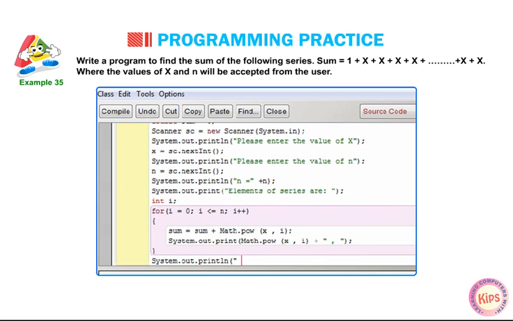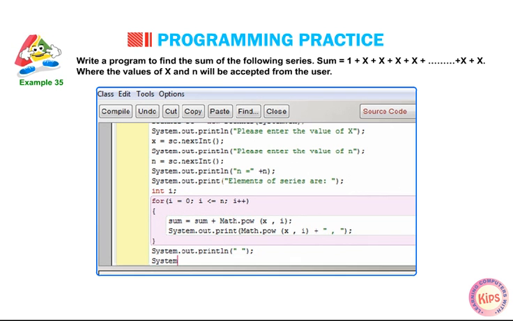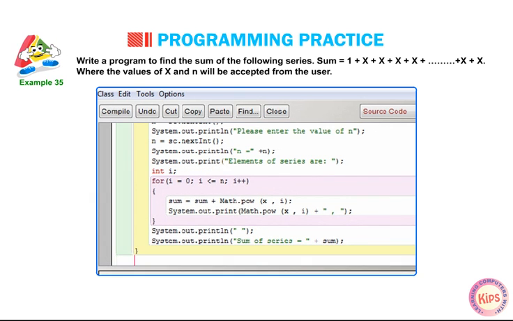System.out.println(""); System.out.println("Sum of series equal to " + sum); } }